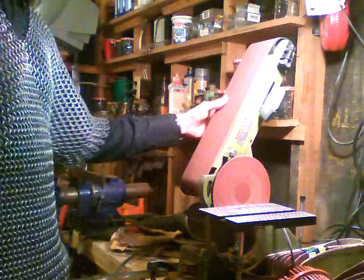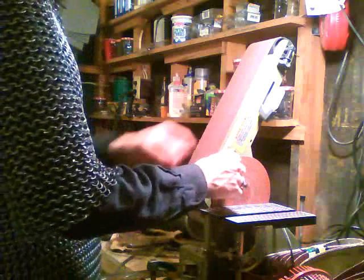Let's see, turning this around. Now you can see the top of it, but there's the rest. Well, let me turn this a bit further. There you go. This is a belt sander. This is 4 inches by 36 inches, which means it's 4 inches wide and 36 inches long total length. And it's also got a disc here, which basically there's a metal plate and this disc just sticks onto it. It's got like glue. I don't know if I'm going to really use that very much, but